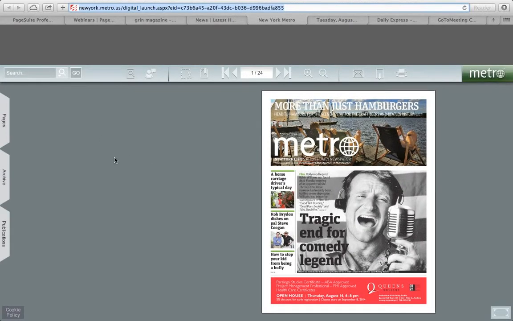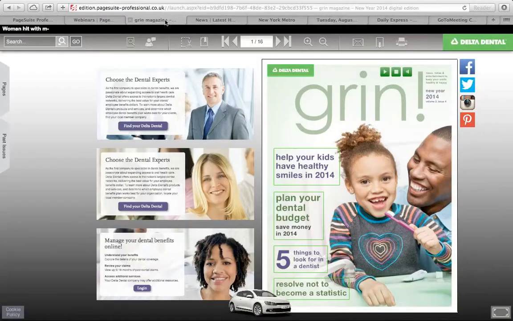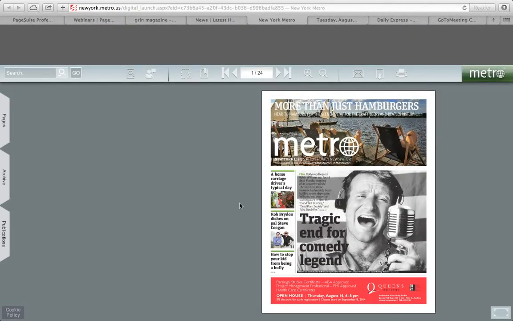And then they're using an iframe. Now this is a custom solution. They have this iframe set up that you can see here under the Grid magazine. It's not set up as an iframe. If that's what they wanted to do, they can use this opportunity as another advertising opportunity. Obviously, they chose not to do anything else outside of the publication, but they certainly could if they wanted to.